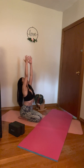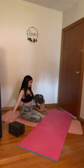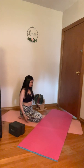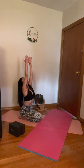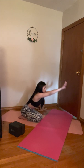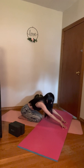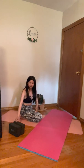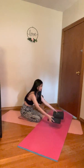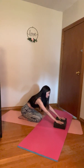Inhale through your nose. And release. Again, inhale. Reach all the way to the sky. And fold forward. Cup all 10 fingertips to the ground. If you want, you can use a block, and just place both of your hands